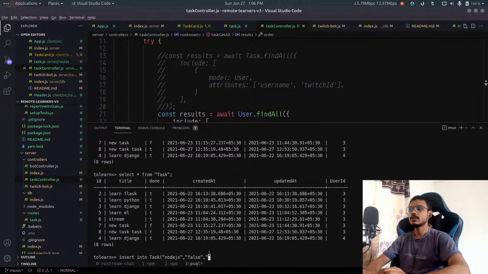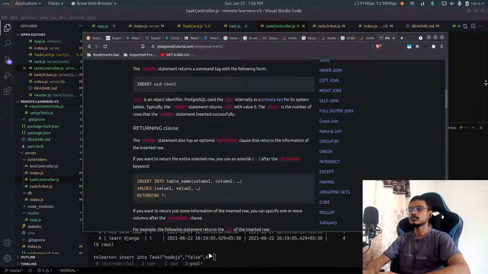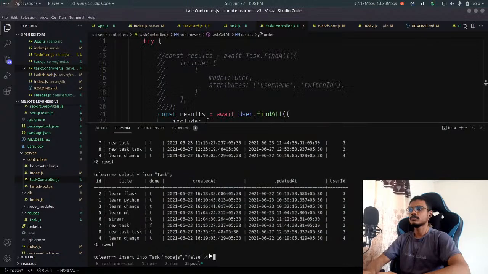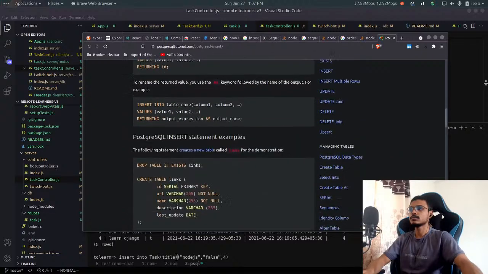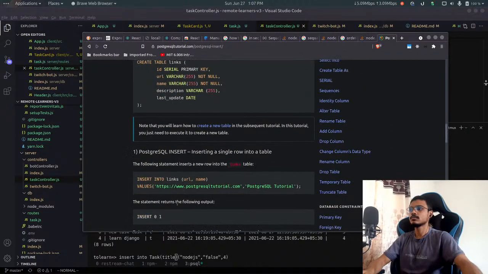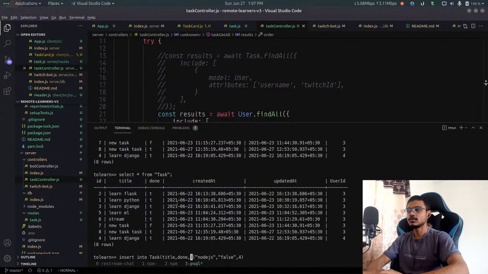And user ID will be 4. Wait, these are all values, not columns. So columns will be title, done, and user ID. Values